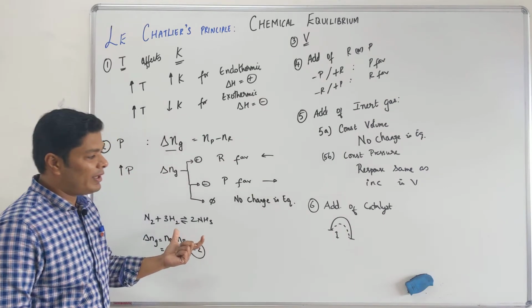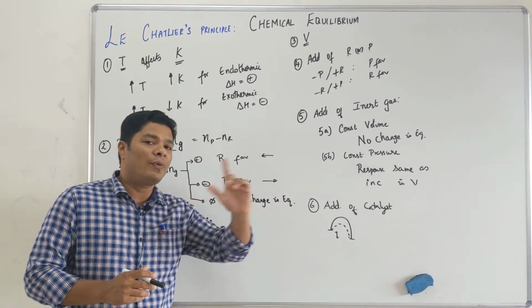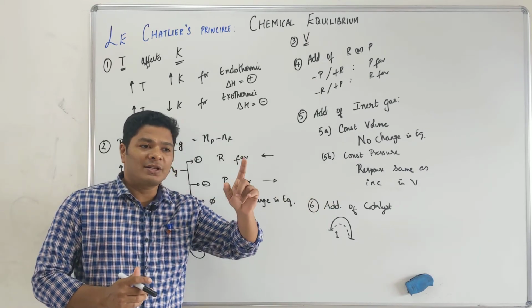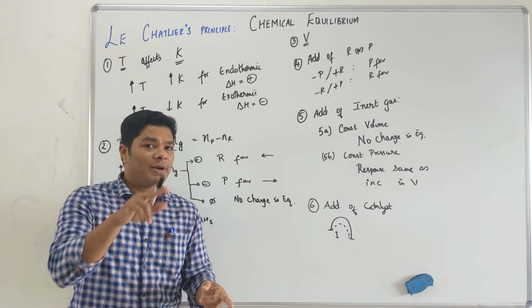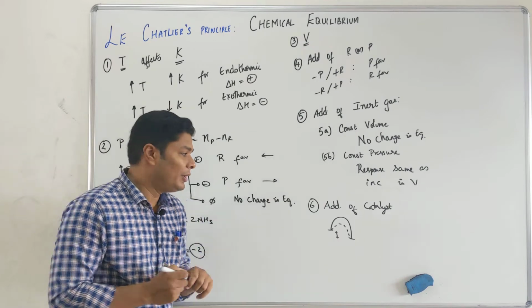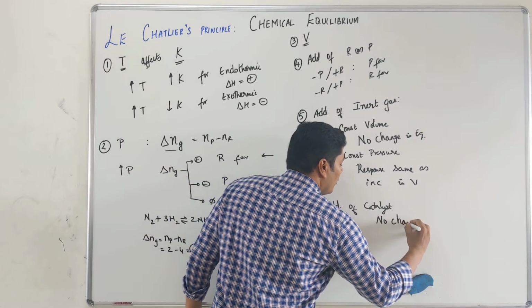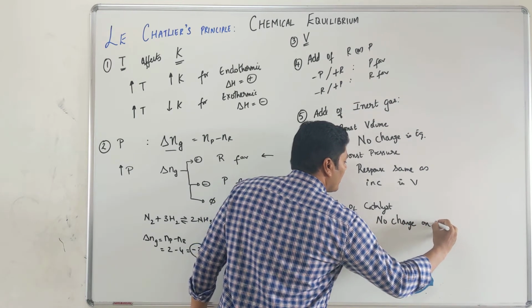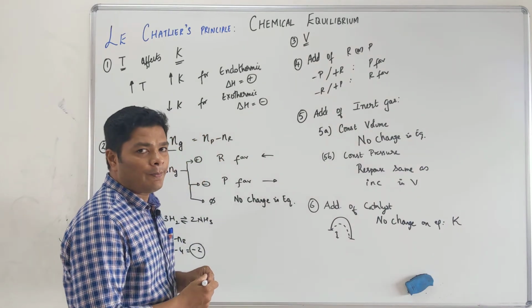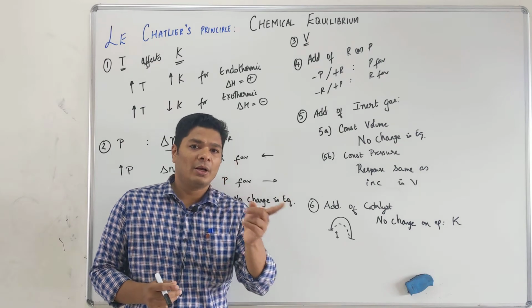We are dealing with equilibrium. Equilibrium is related to thermodynamics, not with kinetics. It doesn't really matter how fast you reach equilibrium or how slow you reach equilibrium. The amount of substance, product to reactant, at equilibrium is defined by the K value. Catalyst does not affect the equilibrium, so this will have no change on equilibrium, more precisely no change on K. Then what does catalyst actually do? It tries to make sure that the reactant goes to product fast, and the product tries to go to reactant fast.